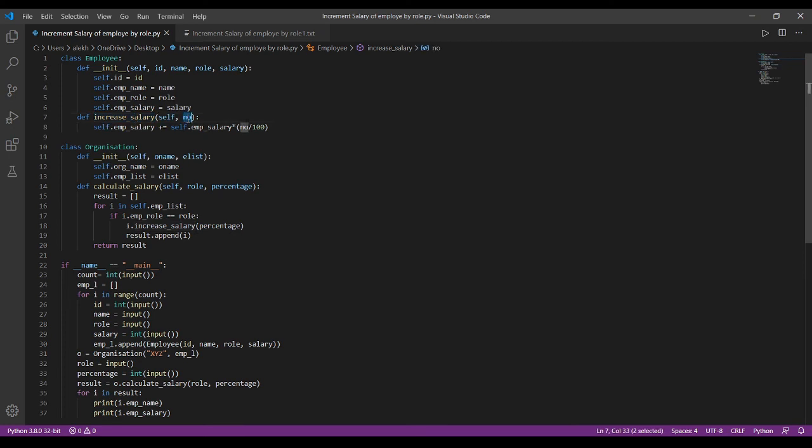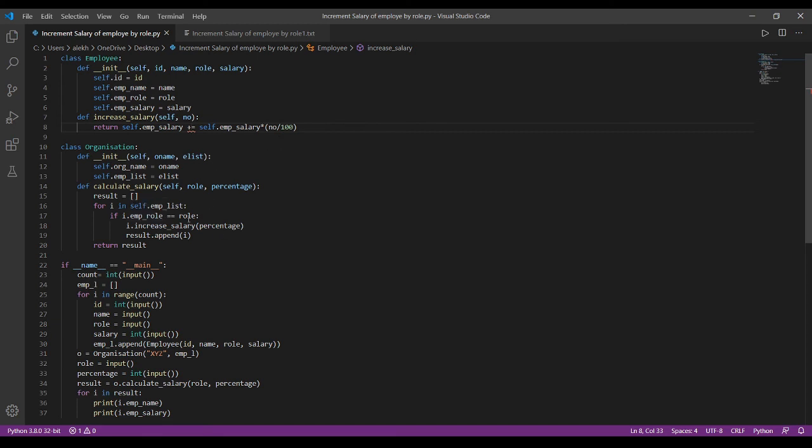This method is called, and here we need to write return here, and the number means the percentage by which we need to increment the salary. Next we take the self dot employee salary of that particular employee, which is incremented by the percentage given in its argument.